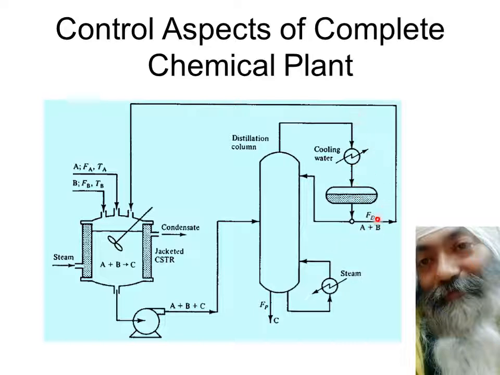If it is A and B only, then it goes back to the stirred tank reactor to be reacted over here, because we have to see that a little bit of compromise on C can be made, but this FP, a little bit of compromise on FP can be made. So if we compromise on FP, we increase the feed, then the purity goes down, and if we increase the purity, then the feed goes down.